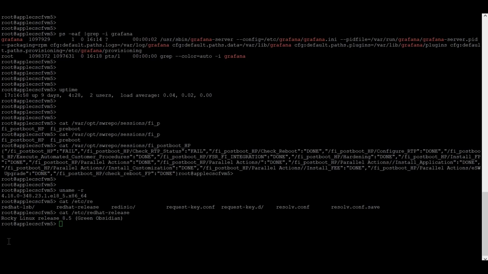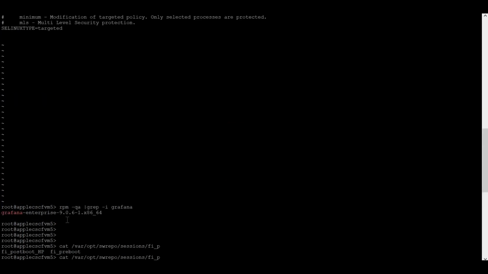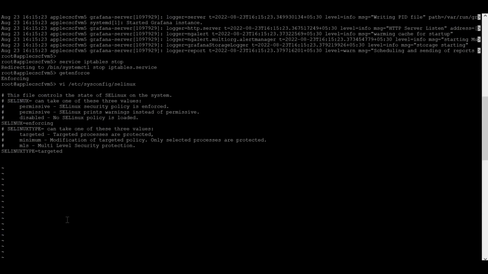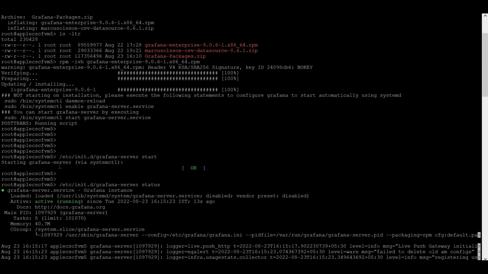So in this video, we are going to see how to install Grafana on a Linux machine. Here I'm using the Linux version. You have to get the packages for Grafana. Once you get these packages, install Grafana Enterprise